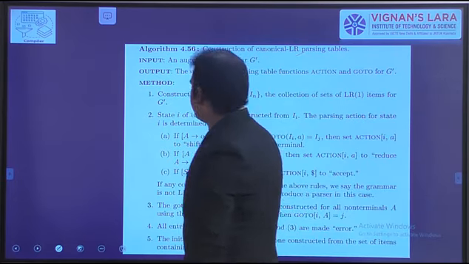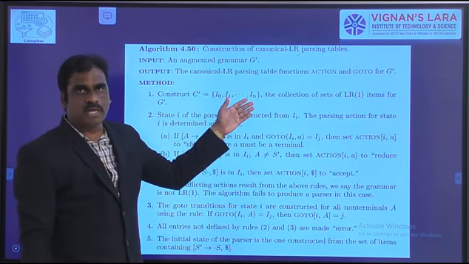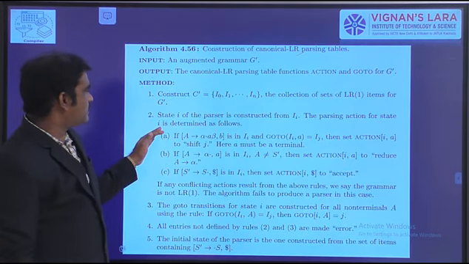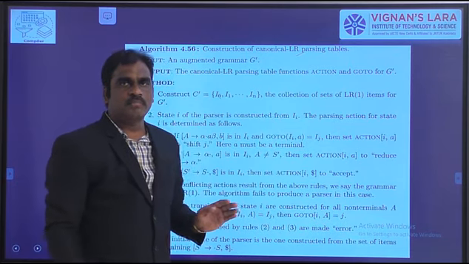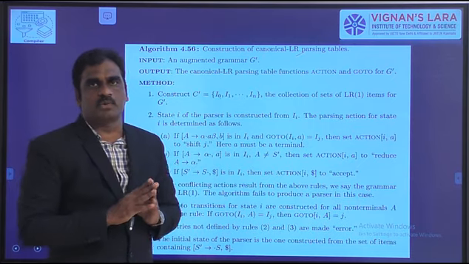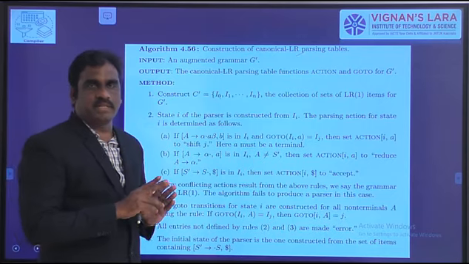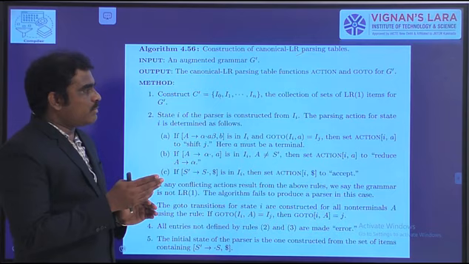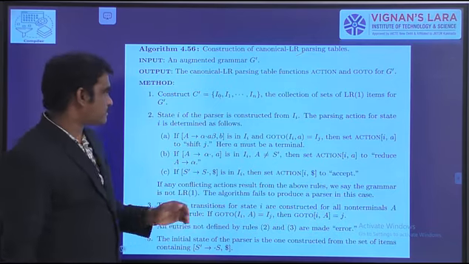So here the first one is construct I0, I1. This part is already over. And the second part is the action part. All of you know that the action part contains terminals in the given grammar, and in the action part we have to perform a total of 4 operations: shift operation, reduce operation, accept condition and error. In SLR and CLR, the shift operation is the same.